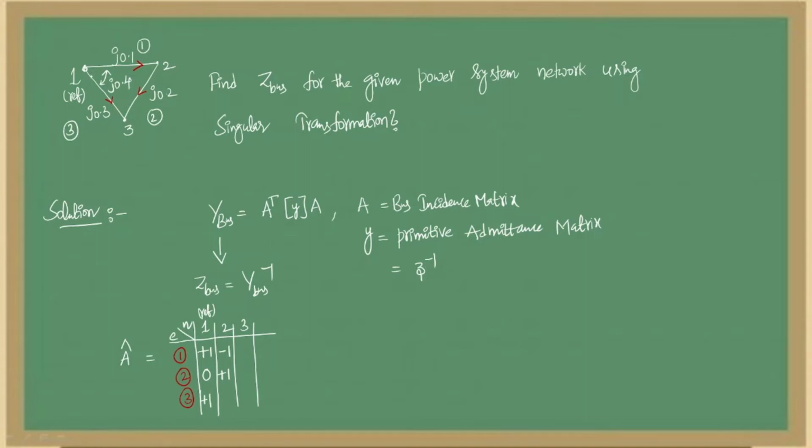If the element is not terminated by that node, we can say that there is no coincidence. As the third element and second node have no coincidence, I can give 0 for that particular value, right? Next, for the third node, the third element and second element have directions towards the third node, hence I can consider -1 for 2 and -1 for 3 also.